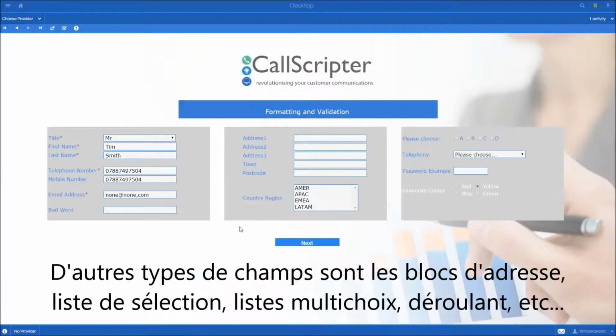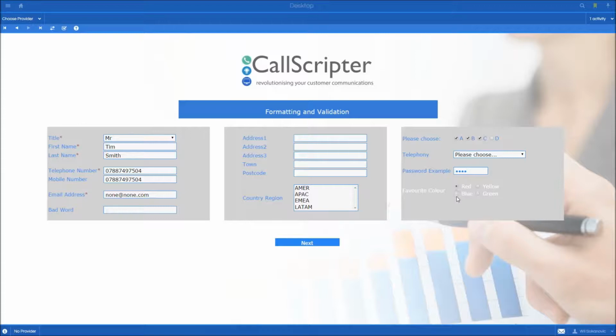Other types of input are address blocks, selection lists, multi-tick lists, drop-downs, words,